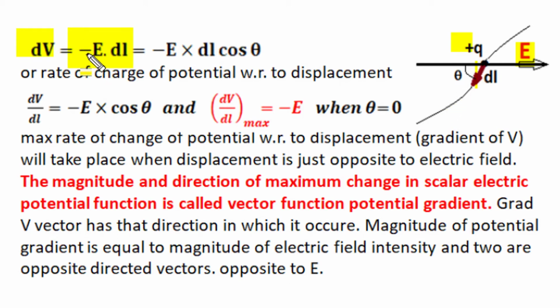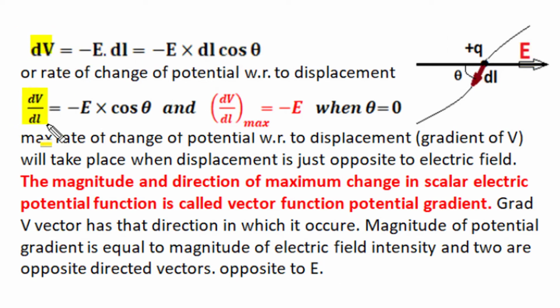Here this negative sign is significant, as a positive charge experiences force in the direction of the electric field, and bona fide positive work is done by an external agency only when the charge is moved against the electric field. So this displacement is measured in the opposite direction of the electric field, and here dl cos theta is this component of displacement just opposite to the electric field, and since this displacement is measured opposite to the direction of the electric field, a negative sign is used. Now the rate of change of potential with respect to displacement is minus E cos theta, and